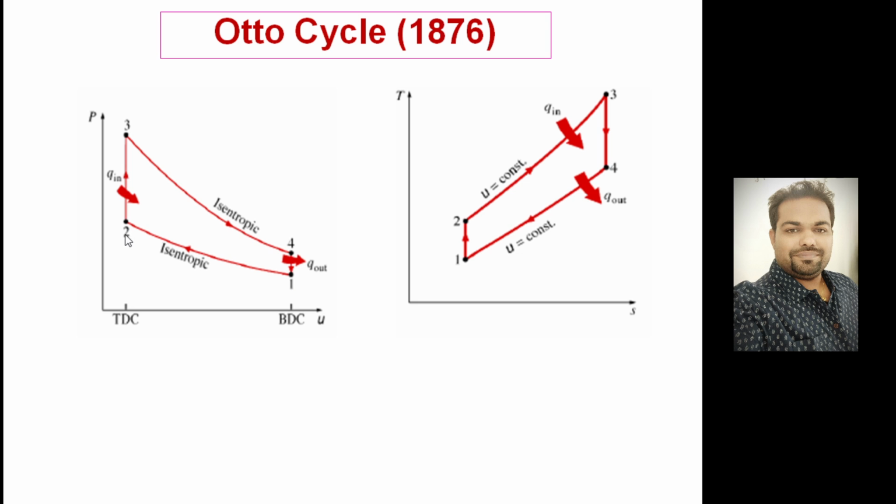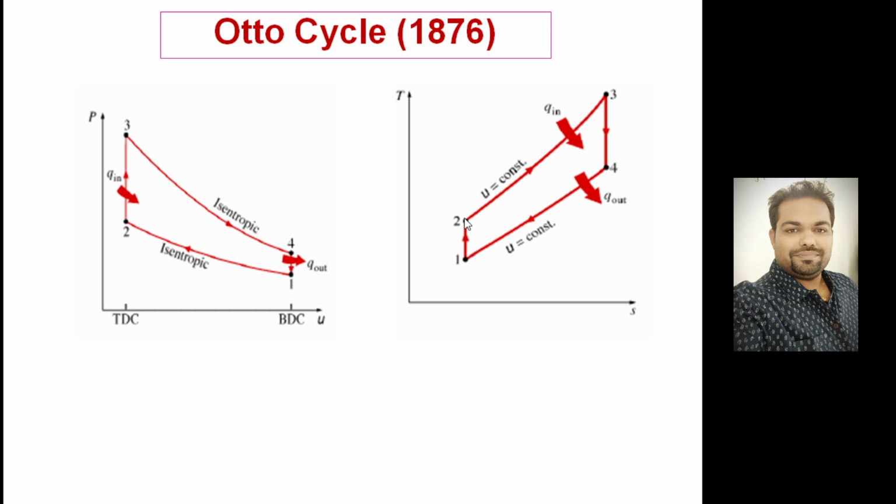So process 1 to 2 is isentropic compression, and process 2 to 3 is reversible constant volume heat addition, followed by the isentropic expansion process 3 to 4, followed by the constant volume heat rejection process 4 to 1. This is the process. This is the bottom dead center initial point, and this is the final point, top dead center. So if you draw it over temperature versus entropy,